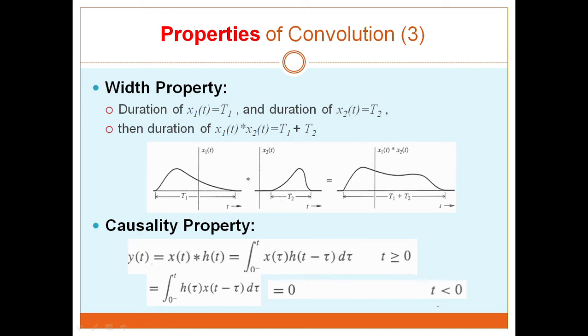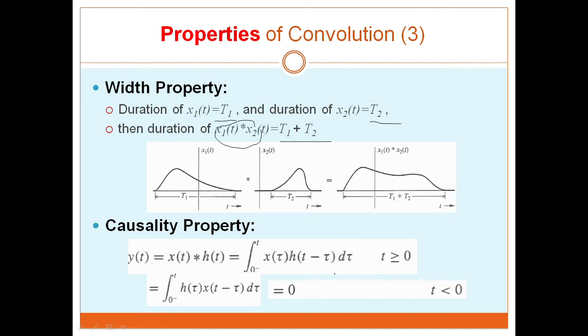Alright, the next one is the width property. If we have a signal that has a duration or width of t1 and the second one is t2, then the convolution of these two signals will have a size equal to t1 plus t2, right? And for causality, if we have x(t) convolved with h(t),